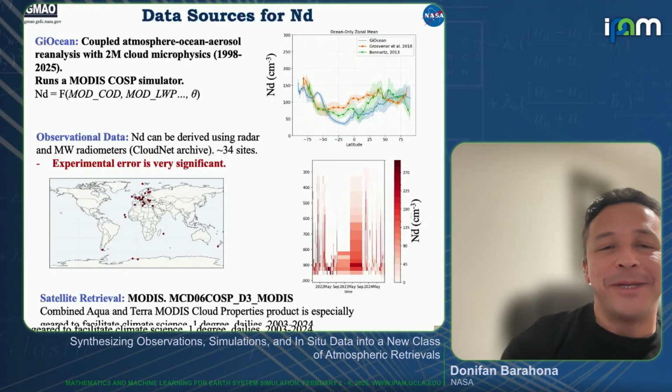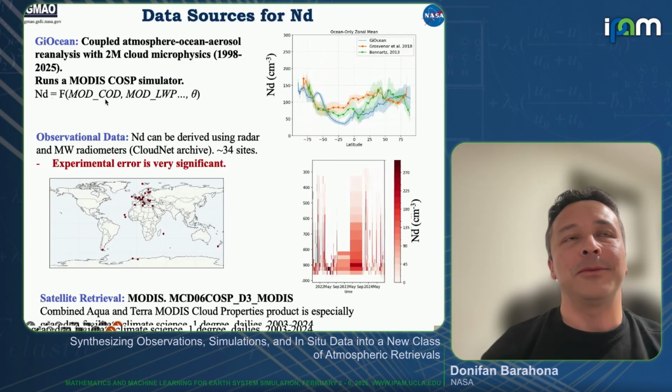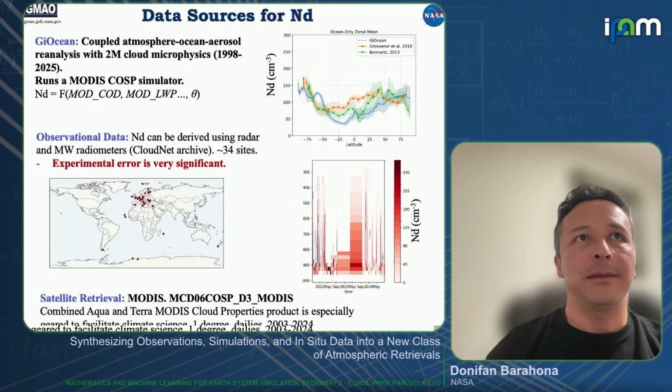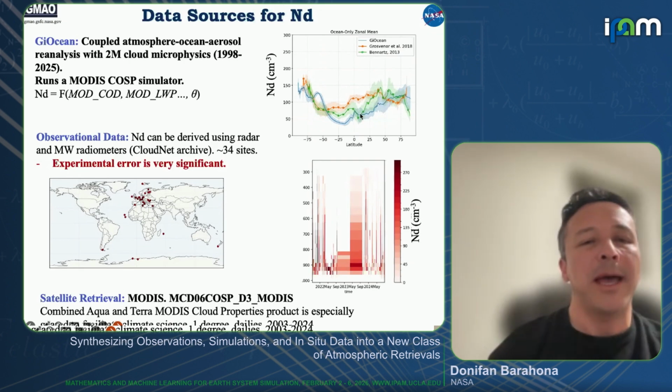The nice thing also is that when we developed this reanalysis, we ran a MODIS simulator, which is called COSP. It's developed by, I think, Caltech. I can't remember. Essentially, because we have those two pairs, the simulated retrieval and the ND, we can train on those pairs and try to get that first estimate. By itself, the reanalysis is not that bad. If we take all of the assumptions made in the MODIS retrieval and put something together, it doesn't look too bad. Actually, it's very close, which we're going to take advantage of, because that simplifies things a little bit.